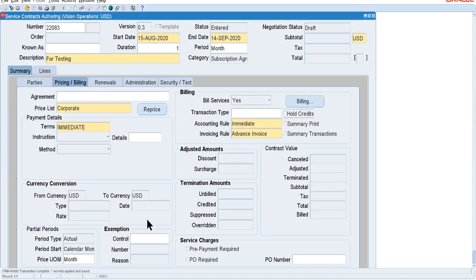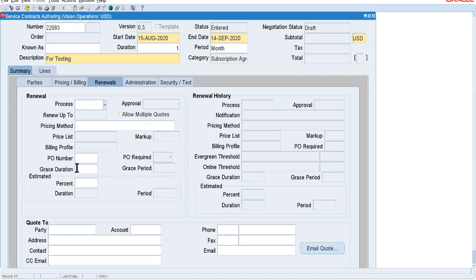Save the information. Here is the remaining information. This is the termination amount, if you want to terminate. This is the adjustment amount, so if you want to give some adjustment to the lines, you can find that adjustment amount here. You go to the renewals tab and fill in the information if you want to renew this. Whatever the business requirement, accordingly you can go and create the renewals.